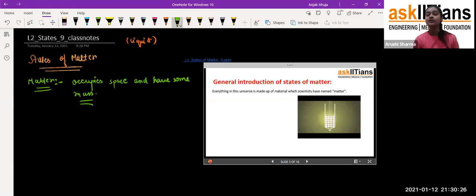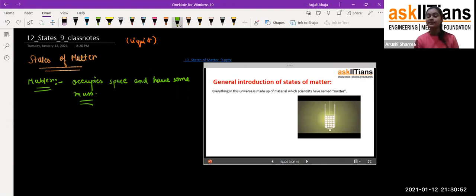That means even though this pen is there, this pen also has some mass and it will occupy some space in the surrounding, and that is why we call it matter. It's not like I'm telling only about solid objects. It's about everything. If we have gases, the atmosphere, this atmosphere also occupies space, and it also has its mass, so we can say that yes, air is also considered